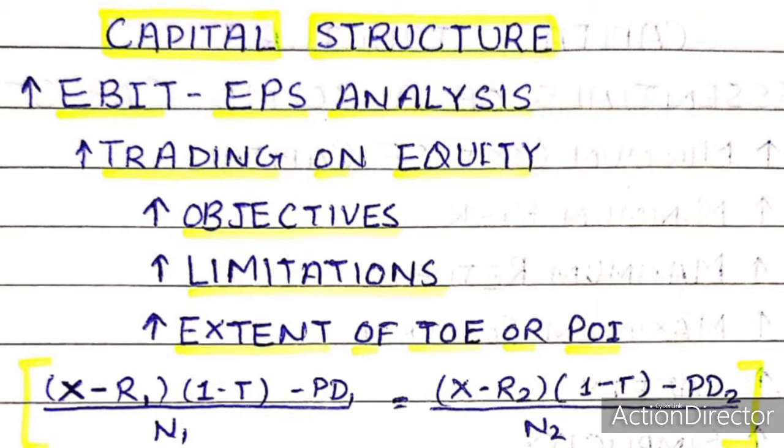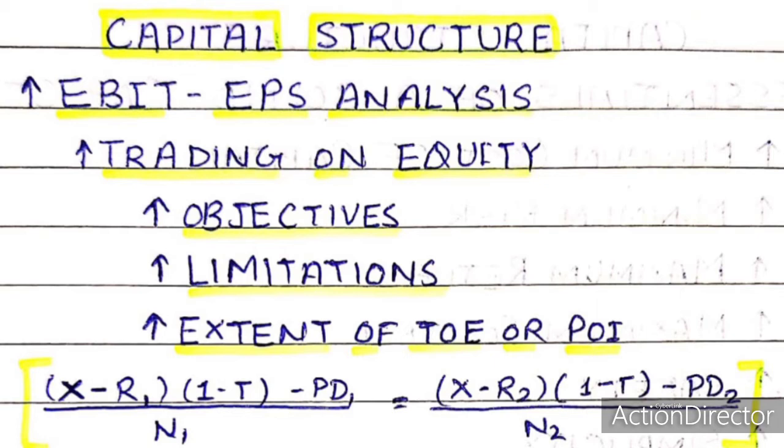Fear of overcapitalization. This is point number 3. There is a limit of carrying on business with the use of borrowed funds. After that limit, it becomes difficult to carry on the business by taking loans as the burden of expenses in the form of fixed interest increases so much that a situation of overcapitalization emerges in the company. As a result of this, the borrowing capacity of the company decreases and the market value of shares falls due to lower rate of dividend.